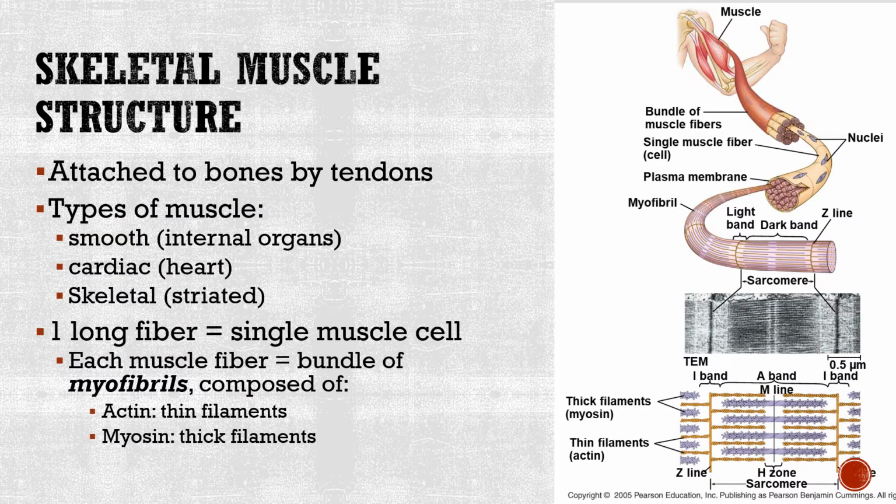The skeletal muscle structure. Muscles are attached to bones by tendons. There are three types of muscle: the cardiac, the skeletal, and the smooth. Cardiac muscle, also known as heart muscle, is the layer of muscle tissue which lies between the endocardium and epicardium. These inner and outer layers of the heart, respectively, surround the cardiac muscle tissue and separate it from the blood